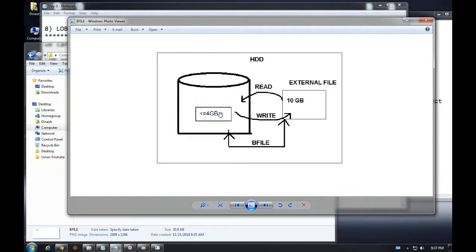But if our value is exceeding 4 GB, suppose a 10 GB value is there, that value should be saved under the hard disk. The value which is saved under the hard disk is not part of the database. It's separate. That value is called an external file. But in future,